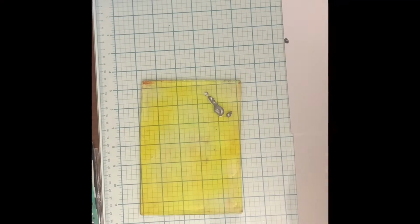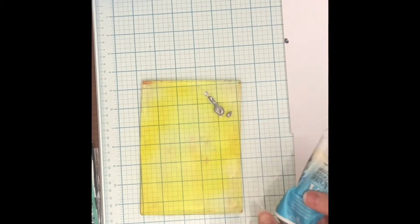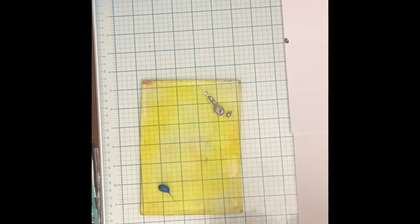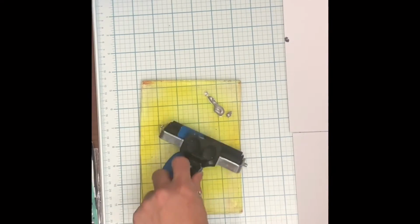Grab some paper and put your acrylic paint on. I try not to add colors that are going to turn brown, so your complementary colors right next to each other. Every once in a while I live on the edge and do it anyhow, but